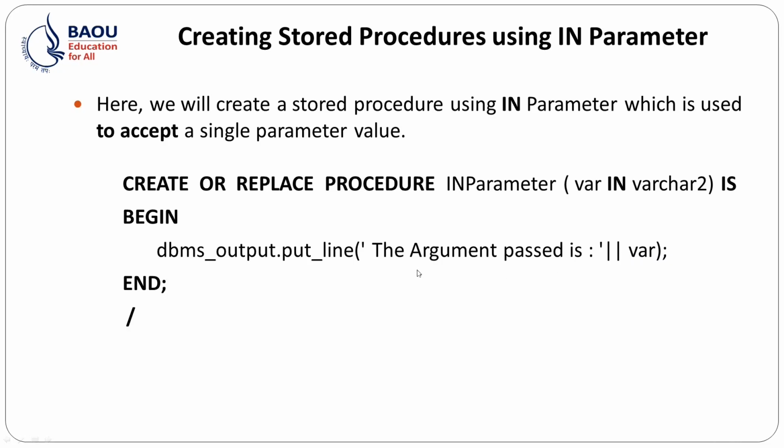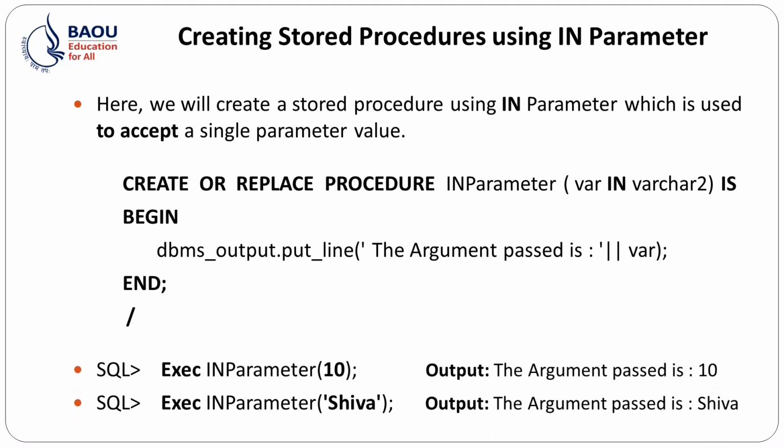So it will display the argument passed is, then the variable value is displayed. The pipeline is used to connect this message with the variable value. It will connect it and display it in a single line. When successfully compiled, it will display procedure created. Now execute the procedure using exec,